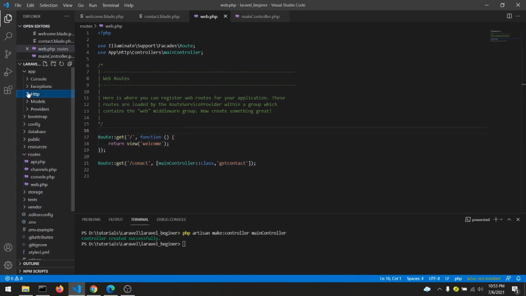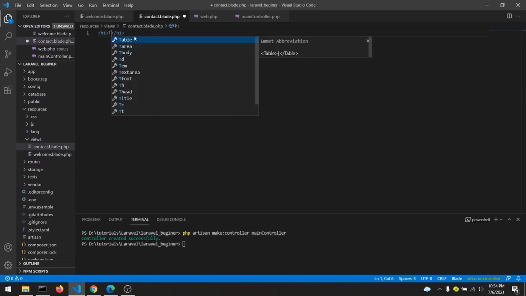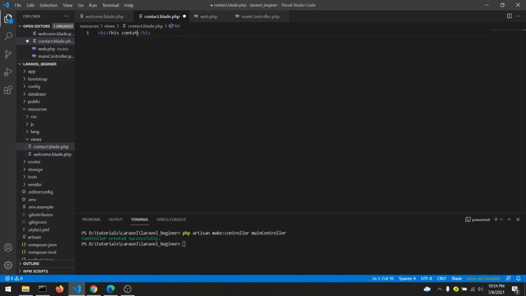So today we will discuss a part called templating. If you go to the pages, I will just name this one as h1, this is the home page, and this one as, this is the contact page. And this is the home page, and this will be the contact page. And if you go to the browser, you can see here